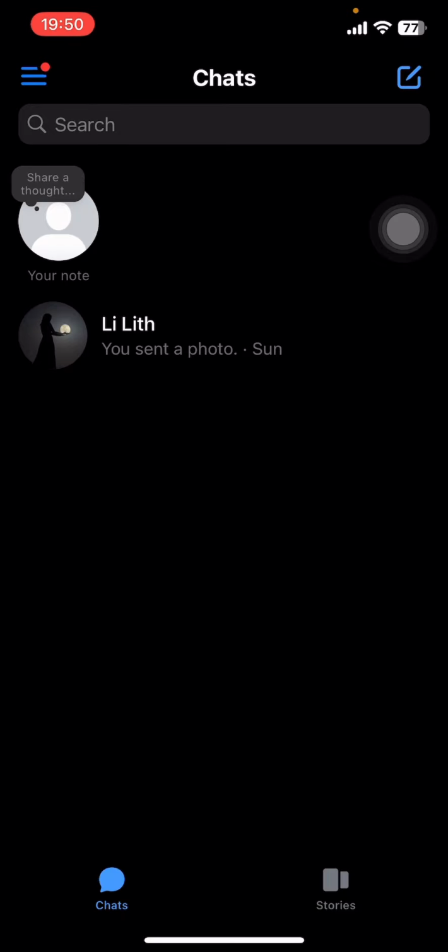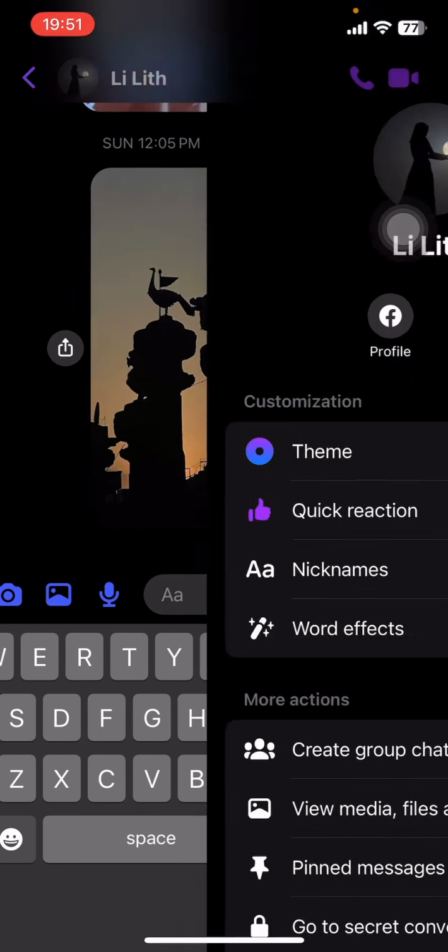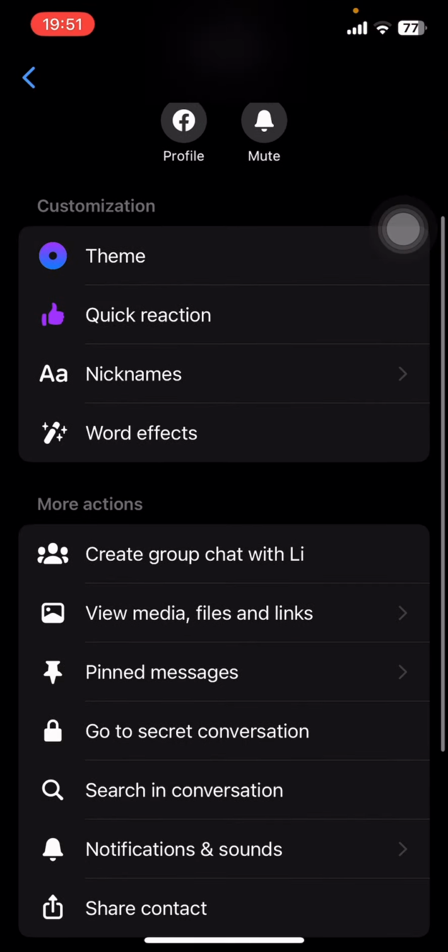Now on your screen you can see the menu, search bar, create a new message, and your old conversations. Select the conversation where you want to find media and open it. Once you open it, on the top you can see your username. Tap it, then all you have to do